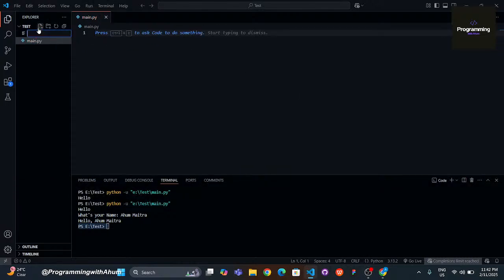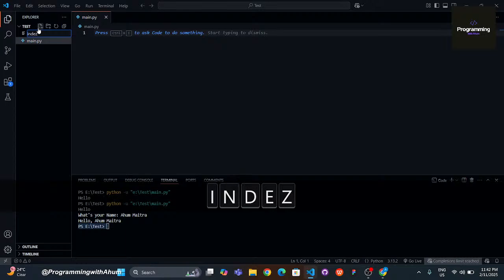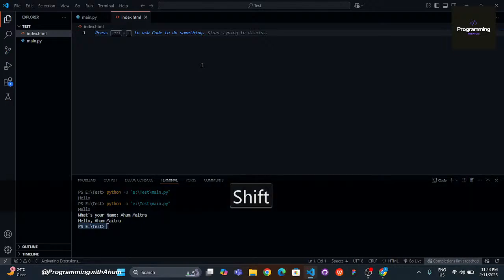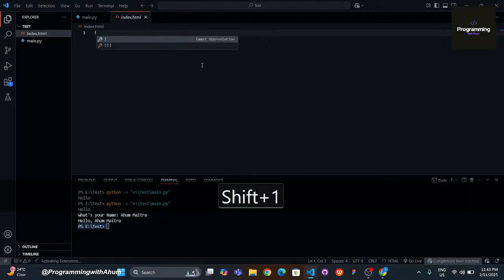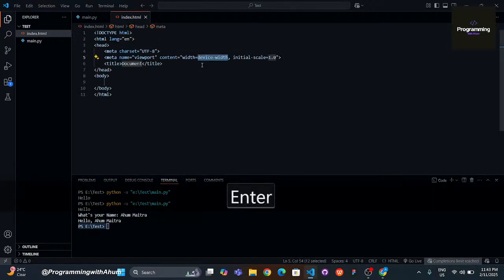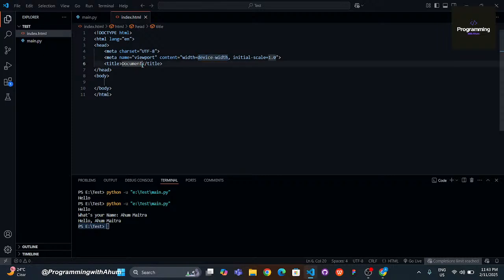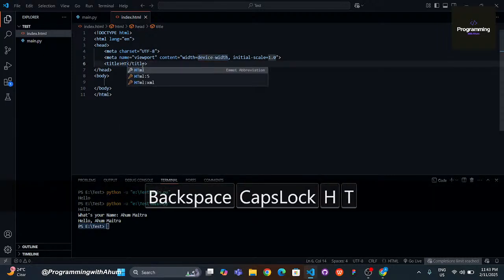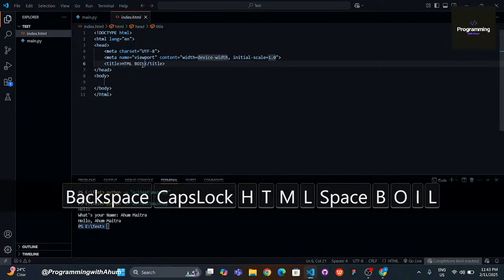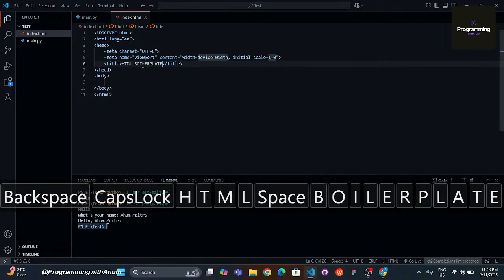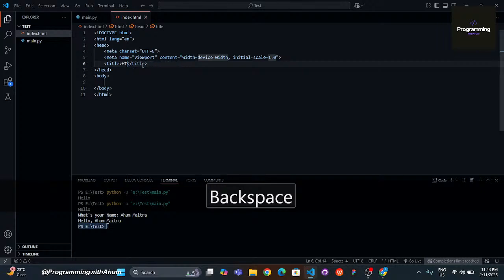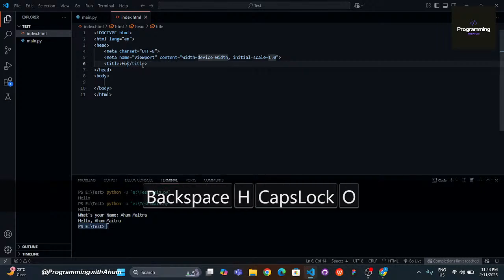Also, this is the best benefit HTML web developers have. Just do shift and 1, boom, the HTML boilerplate code. Okay, HTML boilerplate, or we can write home, then your website. Okay,